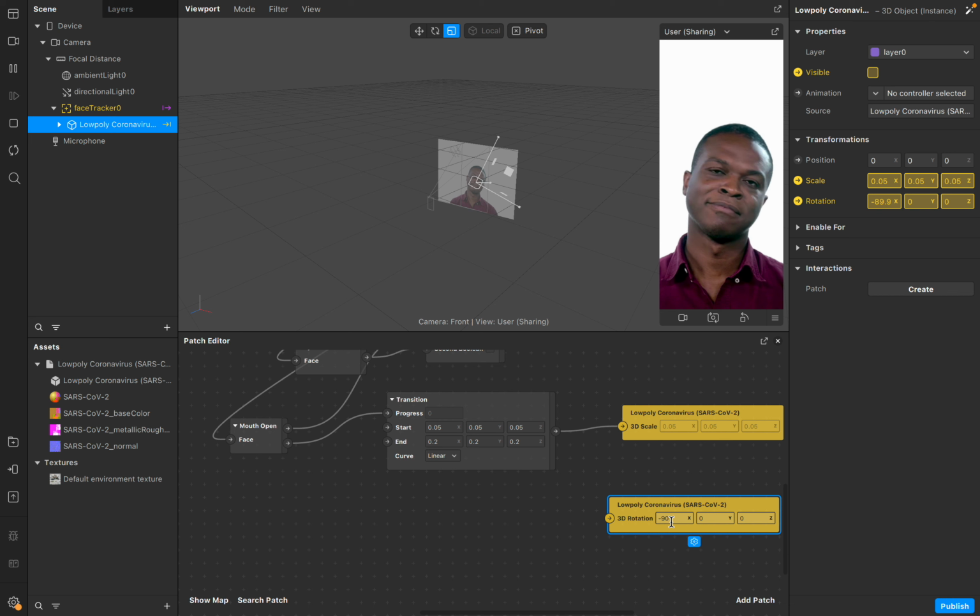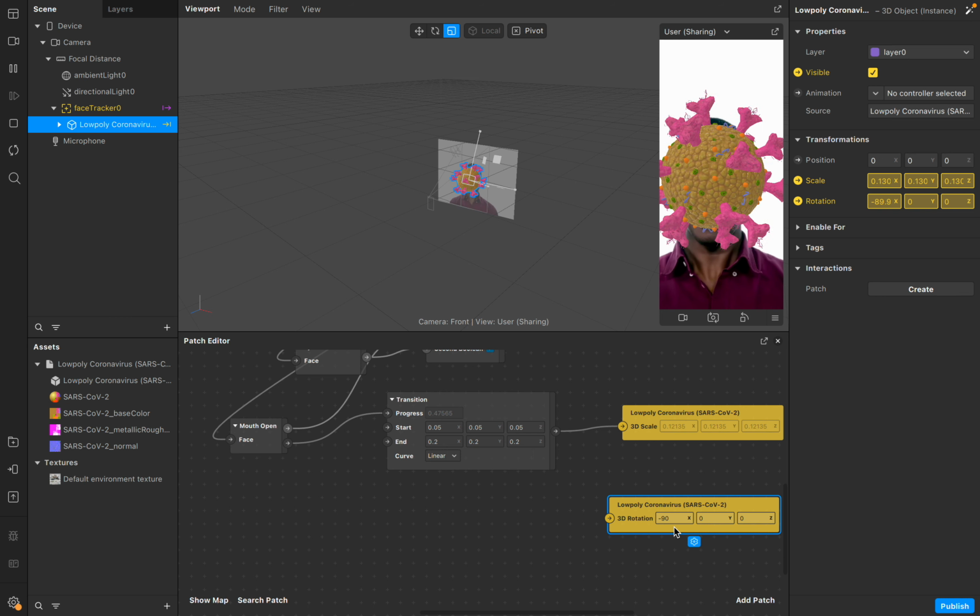At this normal position, it started with the x value at minus 90. Let's make a note of this x value at minus 90, and y and z as 0, 0. Let's keep the x-axis as minus 90, and then try making changes to the value of